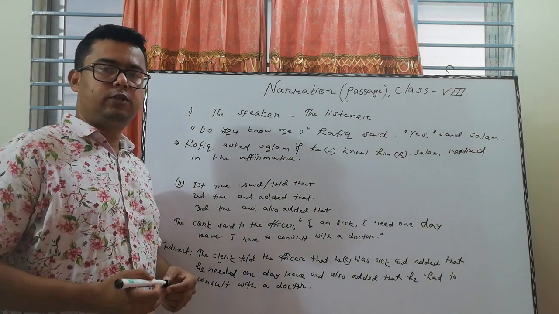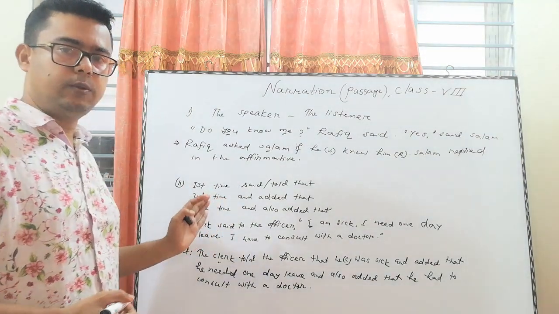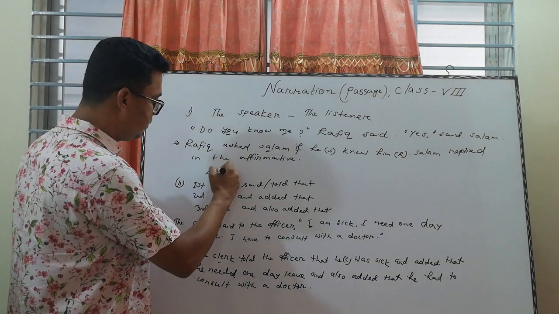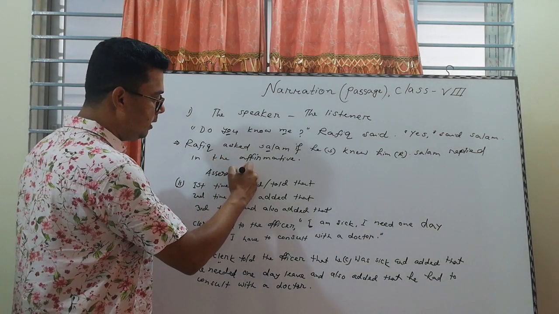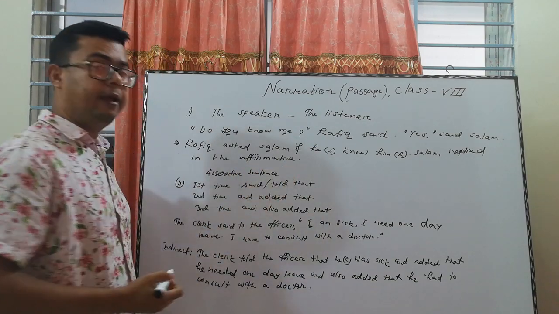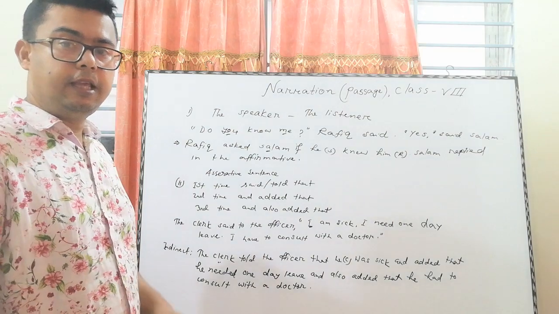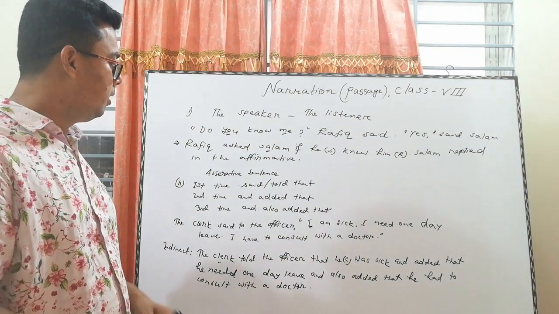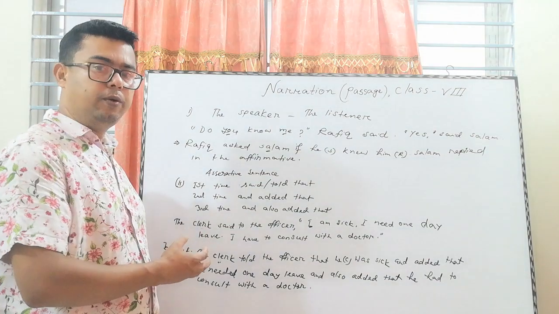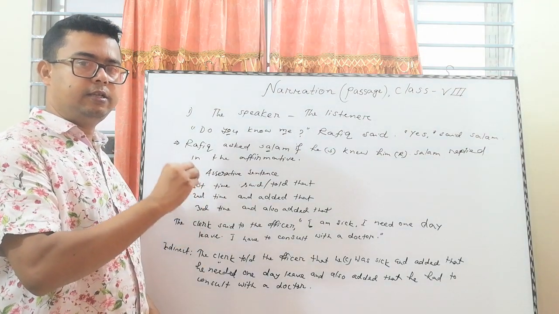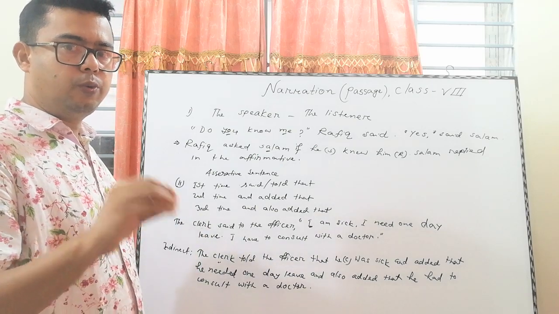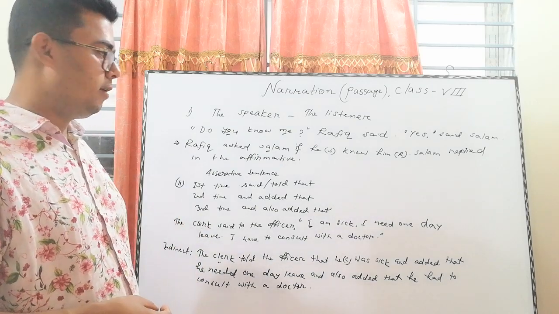I think, dear students, you can understand this well. And this is for assertive sentence. But you can get this in the interrogative also. So we are going to discuss now if there are 3 or more sentences in an inverted comma, what should we do in the interrogative sentence?